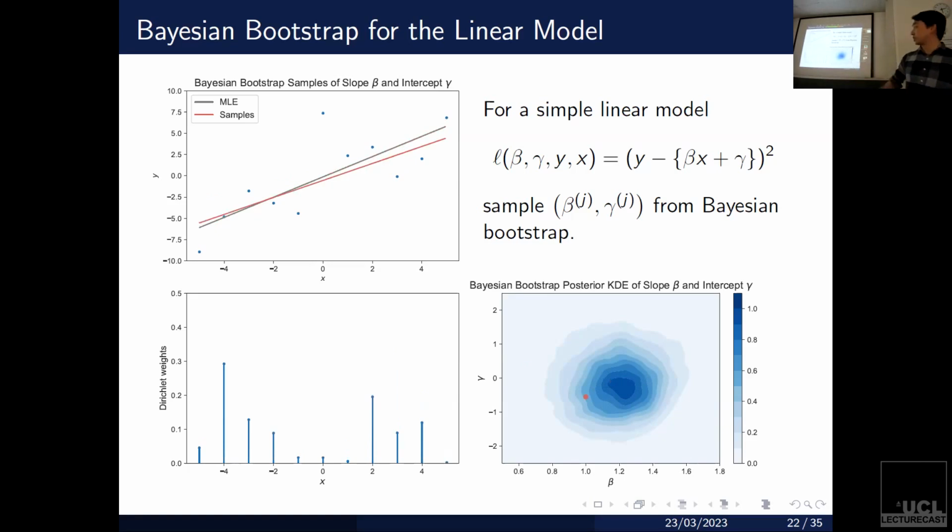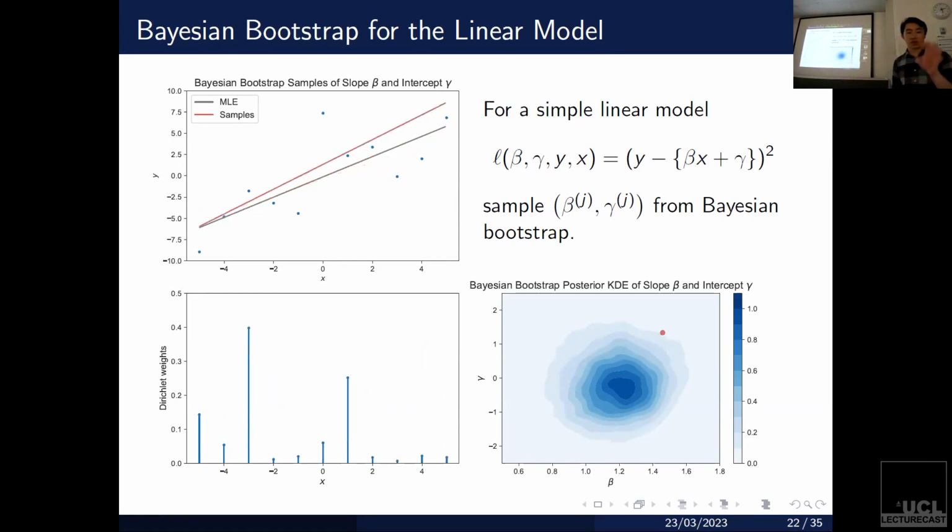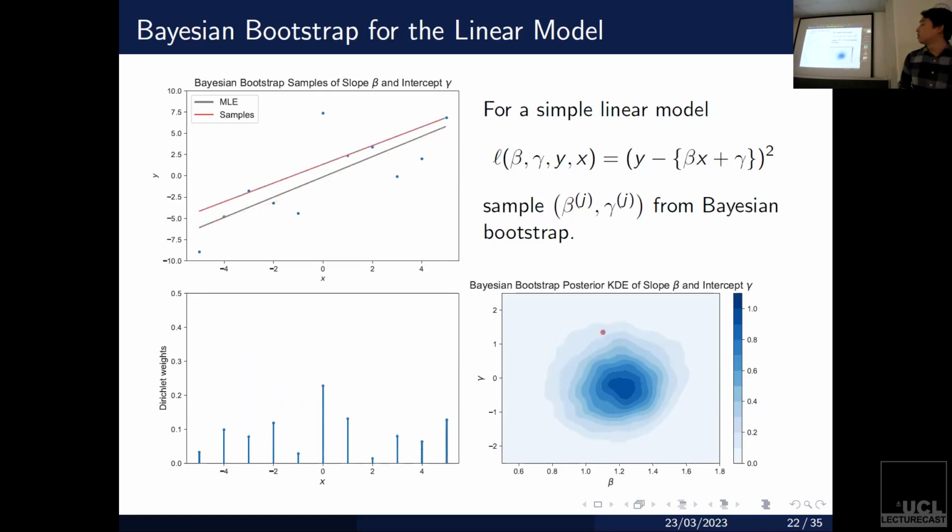The Bayesian Bootstrap is really simple. You literally just draw these Dirichlet weights on the bottom left. Each time you draw them, it's randomly reweighting the data points, but making sure the weights sum up to 1. And by reweighting these data points, you can then fit a weighted least squares, because that's just going to be a function of this randomly reweighted distribution. That's going to give you this random red line, this random intercept and slope. And if you plot the distribution of this beta and gamma, this intercept and slope, you're going to get essentially a bivariate posterior distribution. So this is, in a nutshell, what the Bayesian Bootstrap looks like. And it generalizes to much more complicated loss functions.